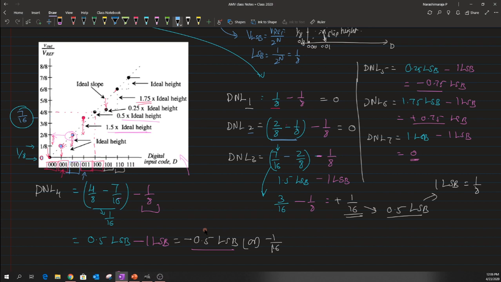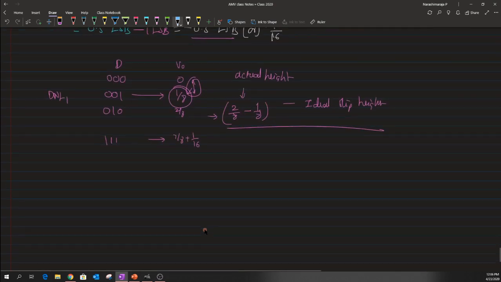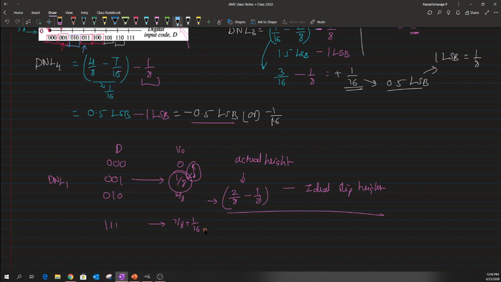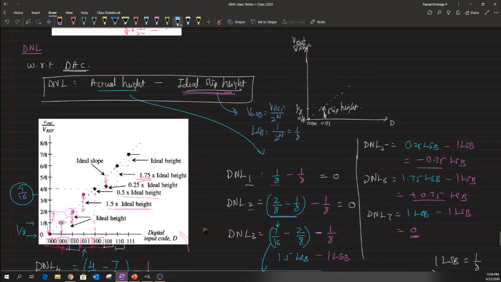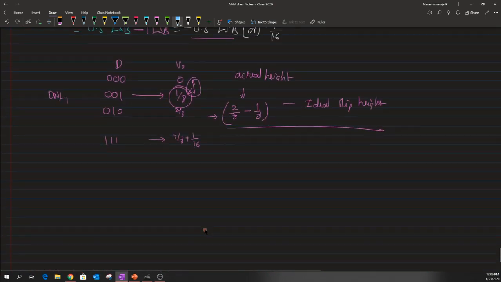This is how we did all this computation. I guess after this we also had a discussion about these quantities. Now, let me begin looking into a DNL for